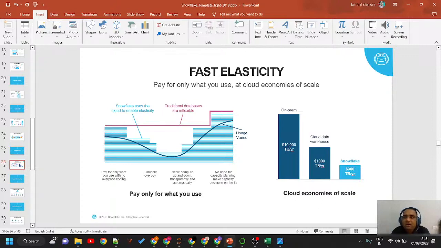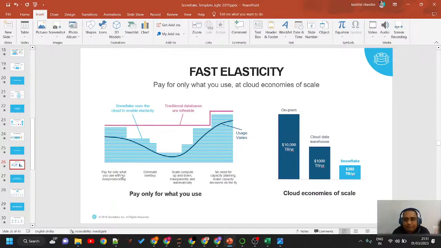It's not like you create 10 warehouses and pay for all of them. While it is in a live state, it consumes your credits, because in Snowflake we have credits, whereas in AWS we have billing per second or per minute or per execution,